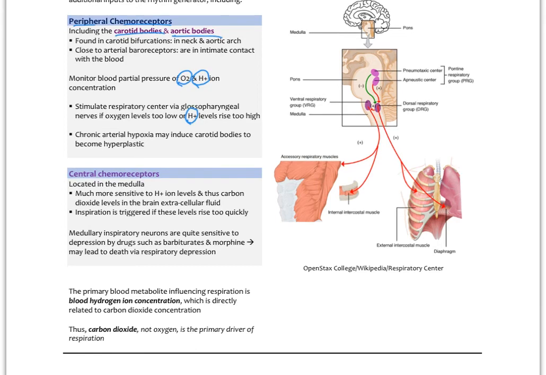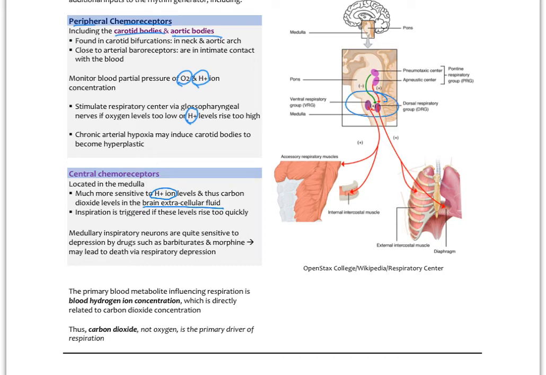Central chemoreceptors are located in the medulla, and they're most sensitive to the hydrogen ion content, and again, carbon dioxide levels, especially in the extracellular fluid of the brain, and that would be tied in with the cerebrospinal fluid. So if the hydrogen ion levels rise too quickly, that triggers inspiration. That would be another signal to activate these centers, to send out more impulses to start